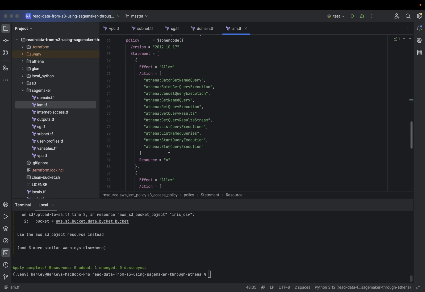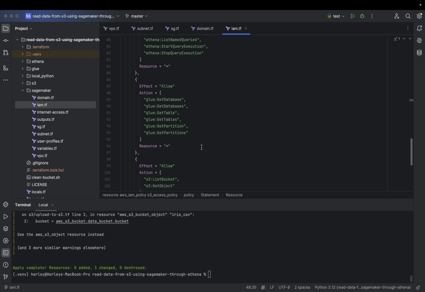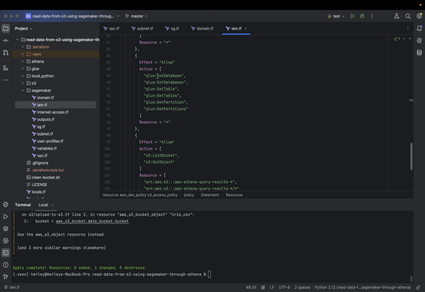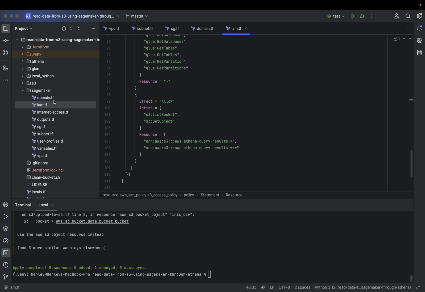It is quite good, I think. And don't forget to add Glue permissions to get database, get tables, and get partitions. Okay, let's go back to domain.tf.